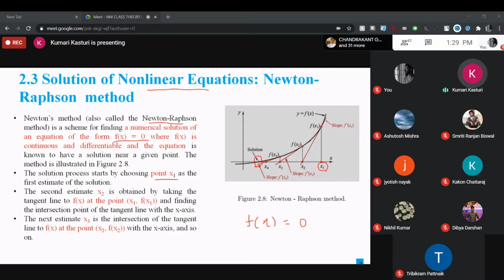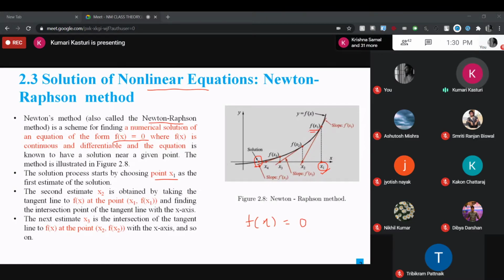So always remember that in Newton-Raphson's method, it is very important to guess your initial approximation well. If you take the initial guess wrong, then your solution cannot converge. So that is the main disadvantage of Newton-Raphson's method. Here, let x1 be the first initial value; with respect to x1, the function value is f(x1).